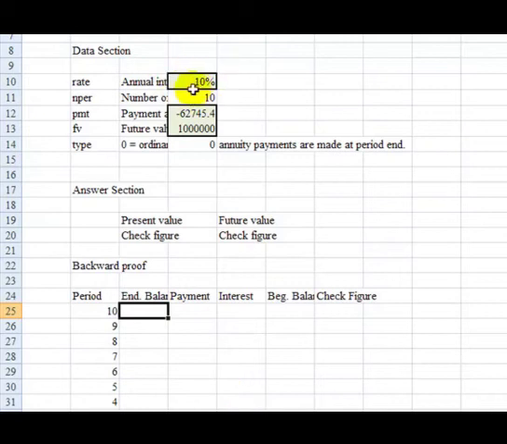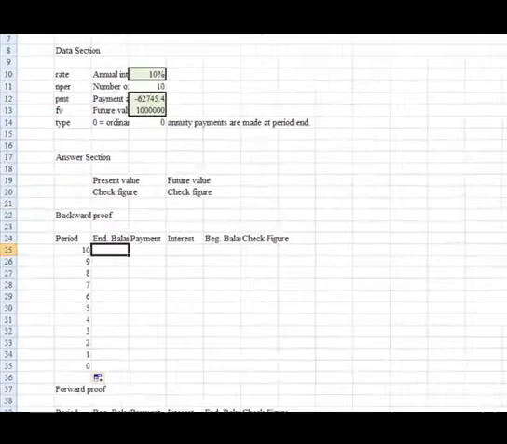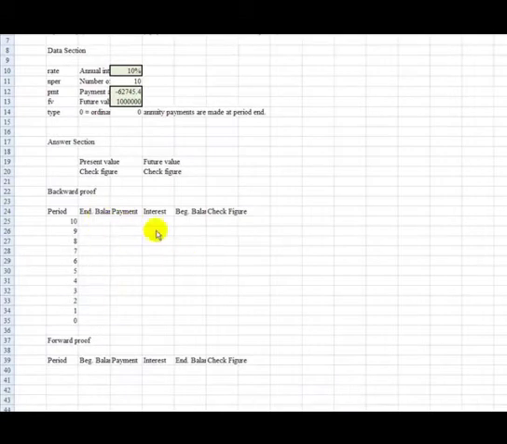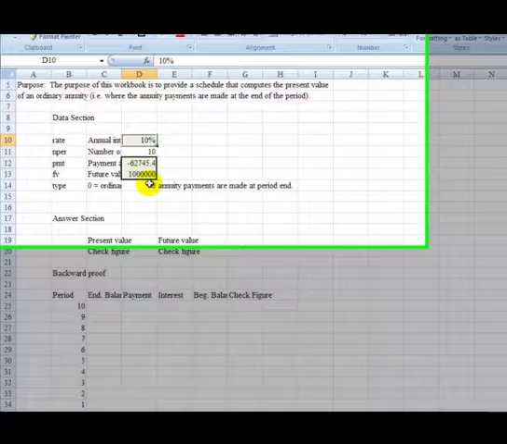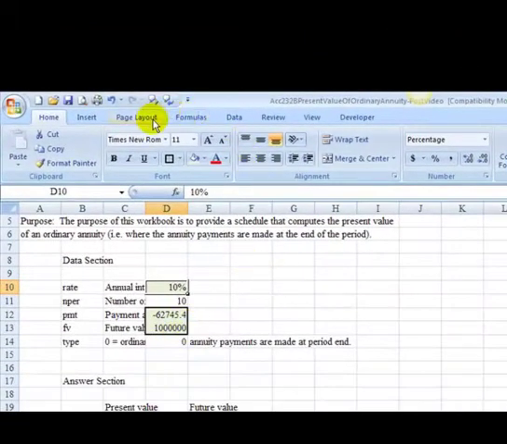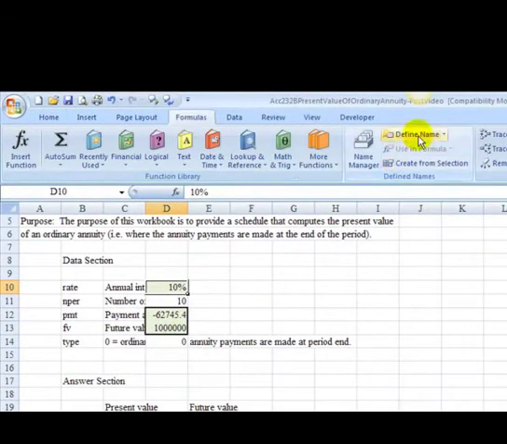Before I move on, let's name these variables, because I will want to use those variable names down below. So a fast way to name these is just go up to Formulas, and since the values are directly next to